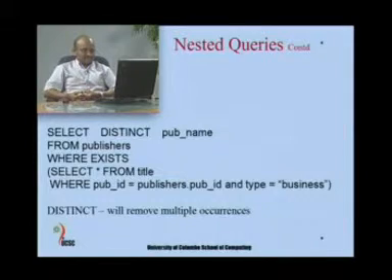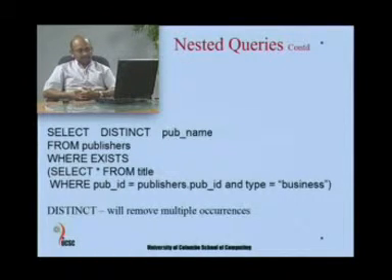So, one is from the title table, the other is from the publisher table, and then we also have another condition called type equals business. So, the business type books we want to identify from which publisher, and we get those details. So, here we will have an output of titles belonging to the category called business, the book titles.